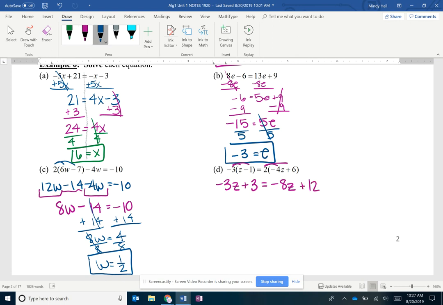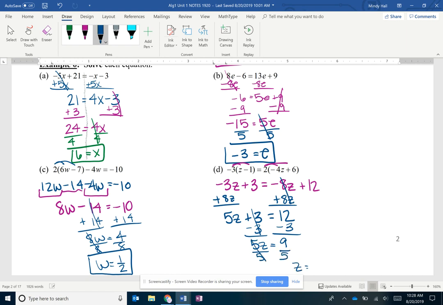So then, because we have variables on both sides, we want to combine them. They're both negative, so if I were to add 3z, I would still get a negative over on the right. So I'm actually going to add 8z. Because now negative 3z plus 8z is 5z plus 3 equals 12, because negative 8 plus 8 makes it 0. So then we subtract the 3, and we get 5z equals 9. And then when we divide by 5,